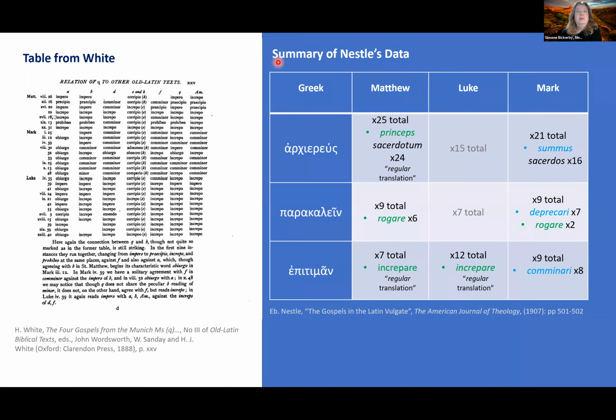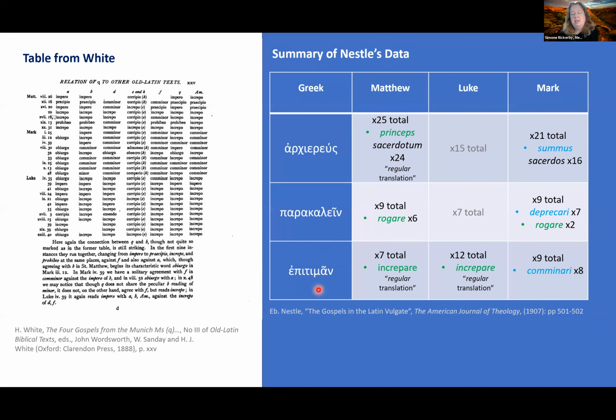Latin variation, associated with epitomal, is next noted by Eberhard Nestle in a 1907 article on the Gospels in the Latin Vulgate. Nestle draws attention to the difference in Latin renderings across the Latin Gospel tradition and surmises that this is most likely due to each book being translated independently. And I have summarised Nestle's data on the right-hand side in the table there,